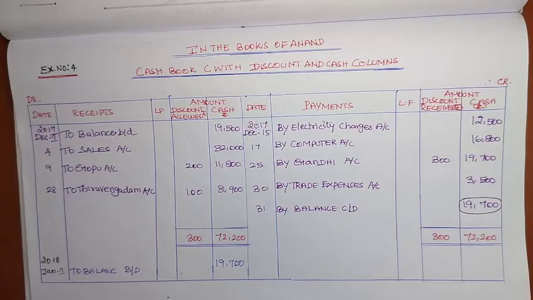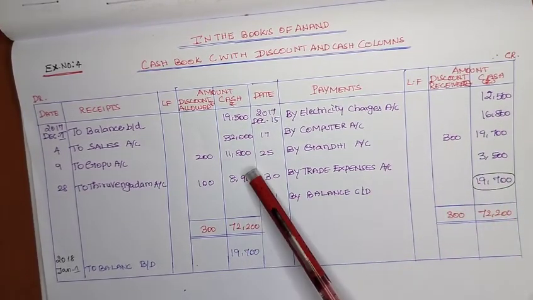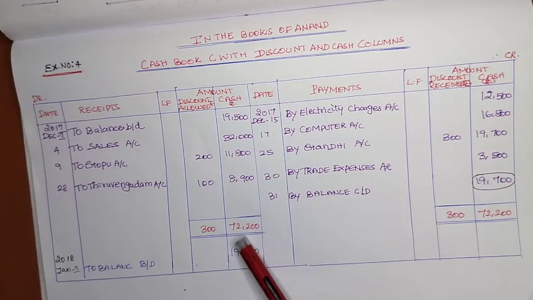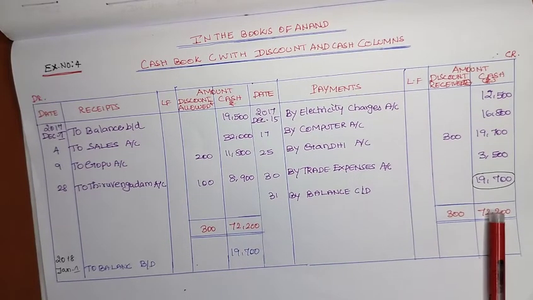Okay, then what we do? We have to find the total. Which side has higher value? Always debit side. How much rupees? 72,200. So the same total we have to enter on both the sides. Okay, then